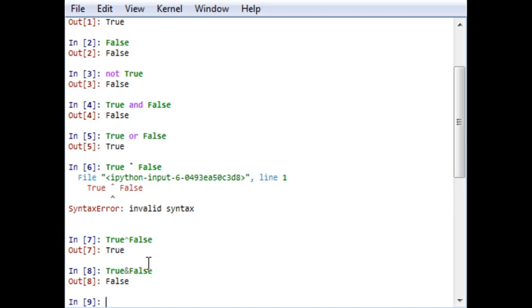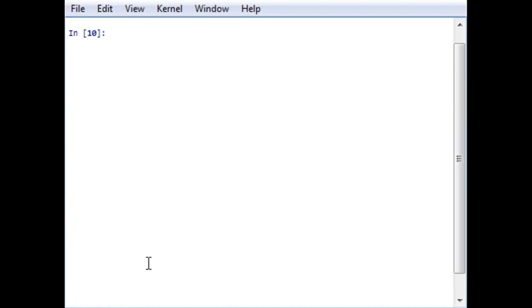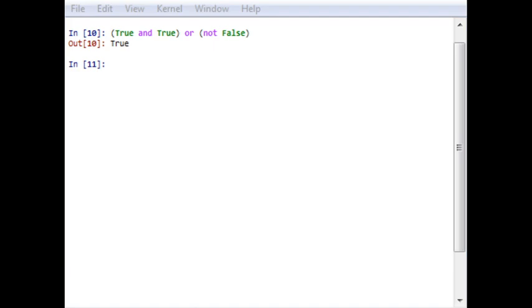Now let us switch over to complex logical statements. Let me clear the editor first. Now for complex statements, for example, I will write True, and then I will write and, again True, and then I will write or and give it, for example, this type of statement. This is a type of complex statement. Let's see what the output is. It will be True. The same thing occurs if I use one or and one and function. It will also give me an output.